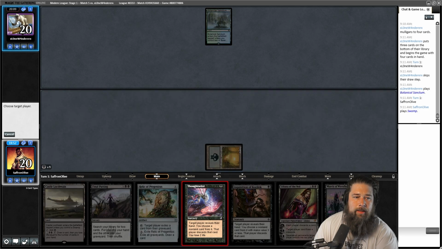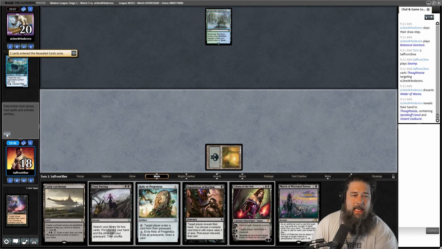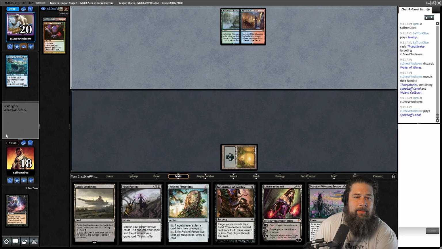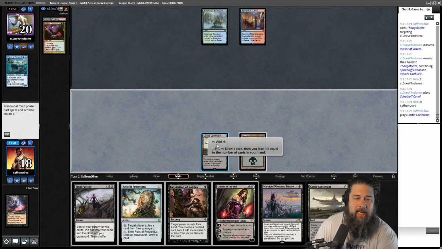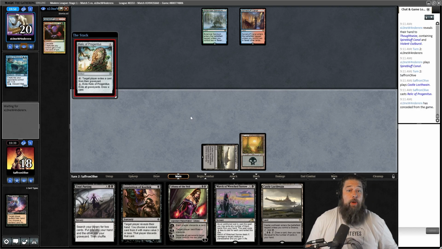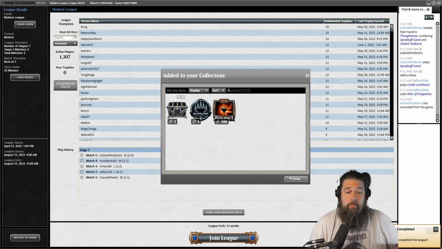Land and Thoughtseize you. Take Waker of Waves. Opponent can't reanimate next turn anyway. No Simian Spirit Guide anymore. Land passes. All right, well, Castle Locklane, relic, start eating away the graveyard. Oh, opponent scoops it up. Oh, okay. Well, we got a little lucky with our opponent mulliganing a lot there, but we finished with the